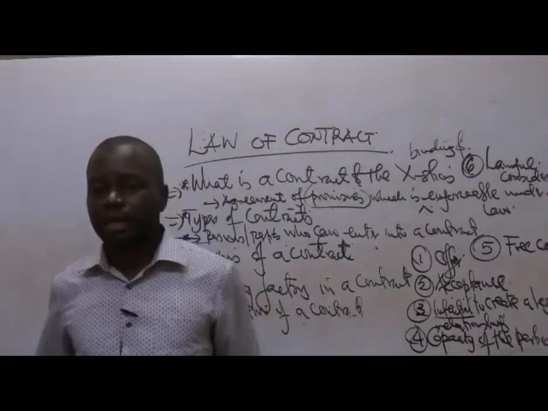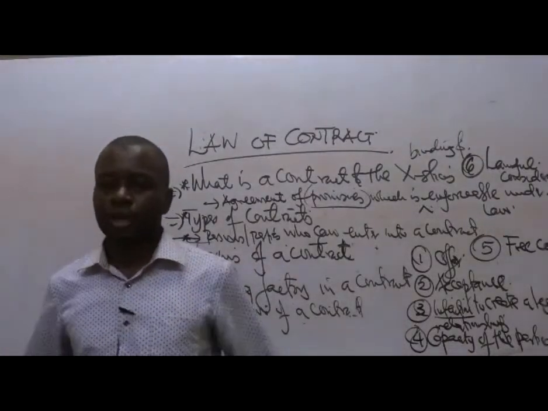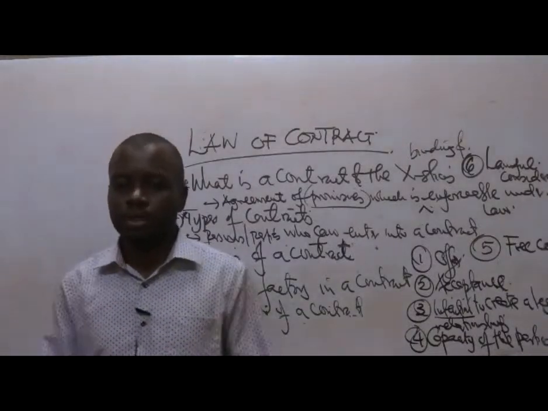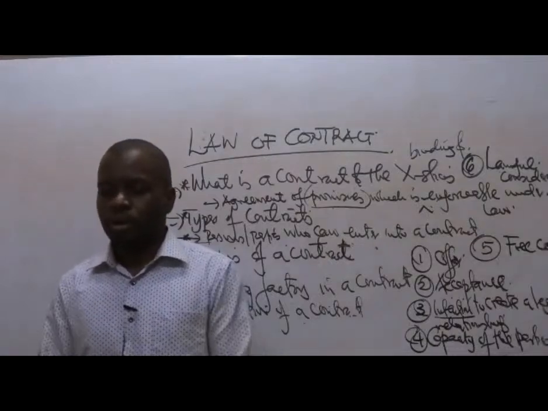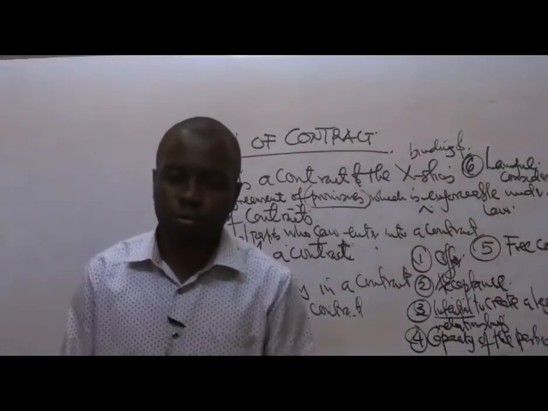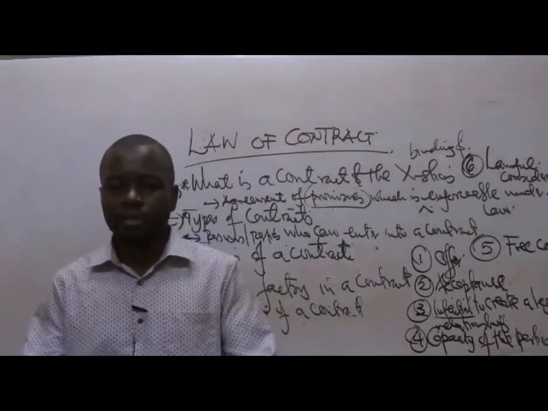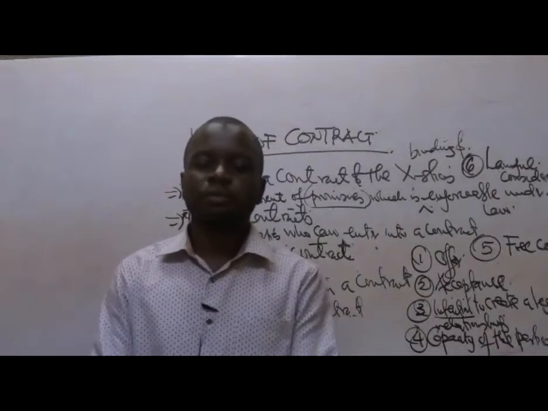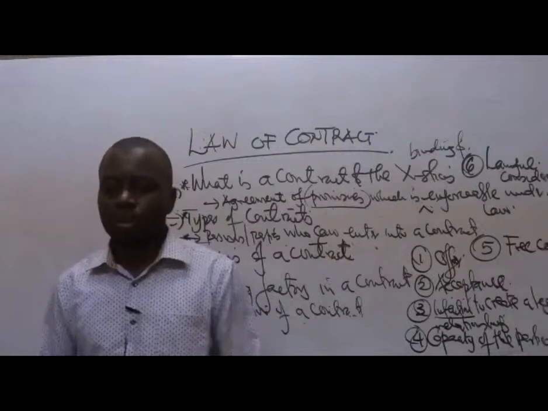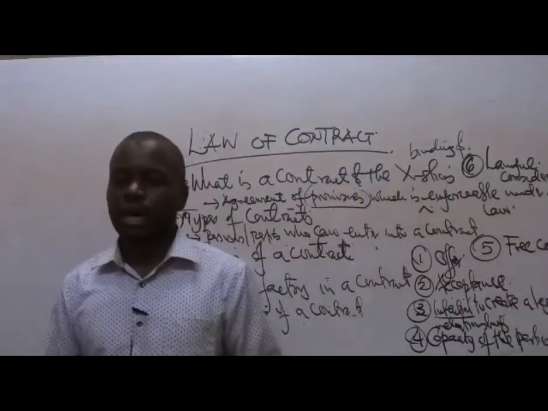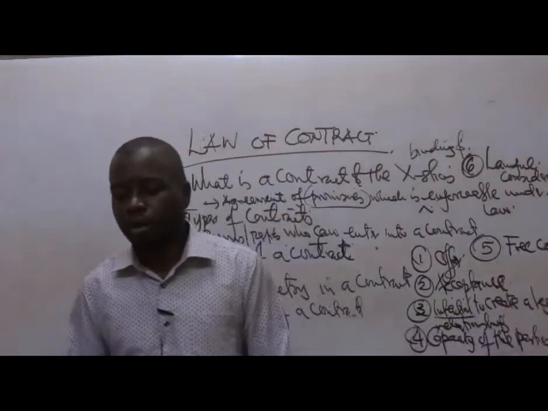So this lady was maybe forced by the aunt or threatened by the aunt because she has no option of where she can stay to undertake a particular role. Or maybe your aunt took a loan from a Shylock. So you stay with your aunt, and you are at the mercies of your aunt. So your aunt forces you to pay the loan on her behalf. So you are paying the loan, but it's not out of what we call free consent.